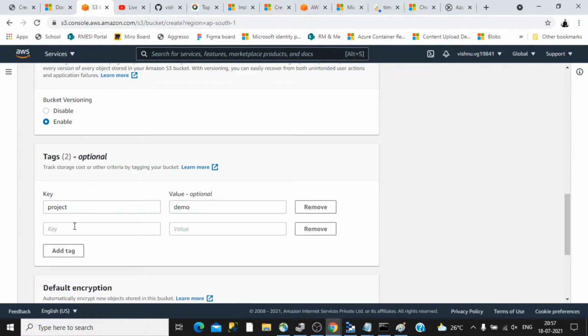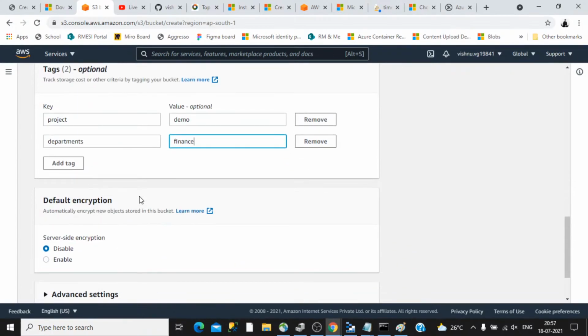In a similar way you can add other tags as well. You can add departments there and provide a value. So this way you can categorize your resources that belong to a particular thing. These are optional, there is no need to include them, but it is a good practice.